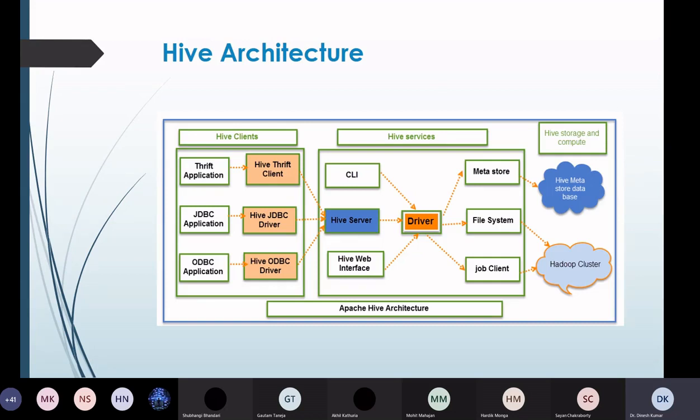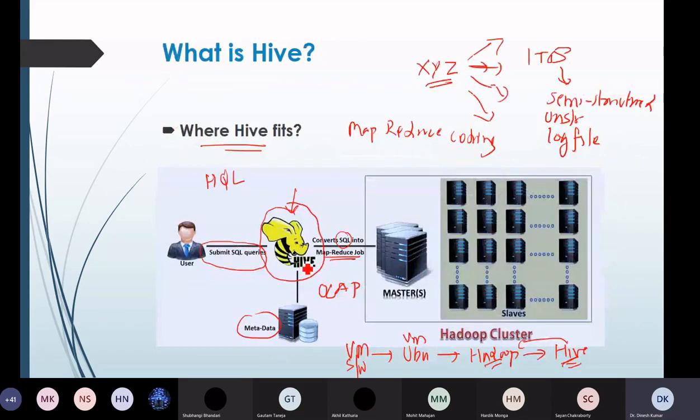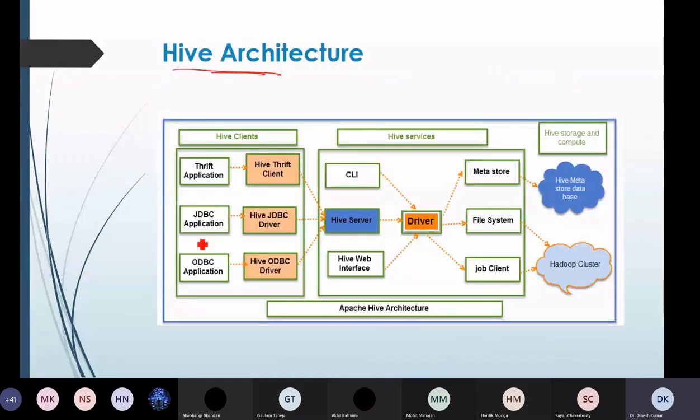All right, so now we move to the architecture of this particular component. The component which I have shown you with a single icon comprises a number of components, right? Each component plays a very important role in the Hive architecture, right? So don't get confused right now, because I will take this architecture part by part and try to explain the various components to you. If you see, the number one component is Hive clients. So just look at these components. Later on, I will go into the details of all of them.